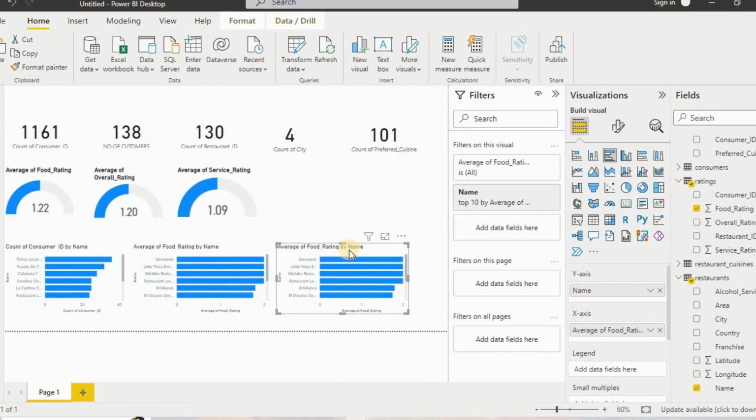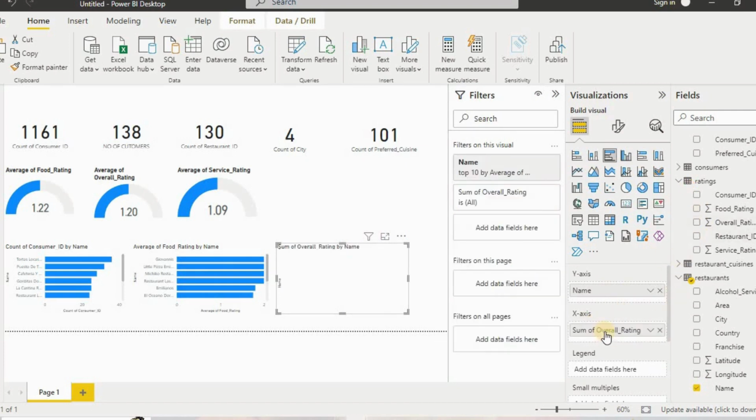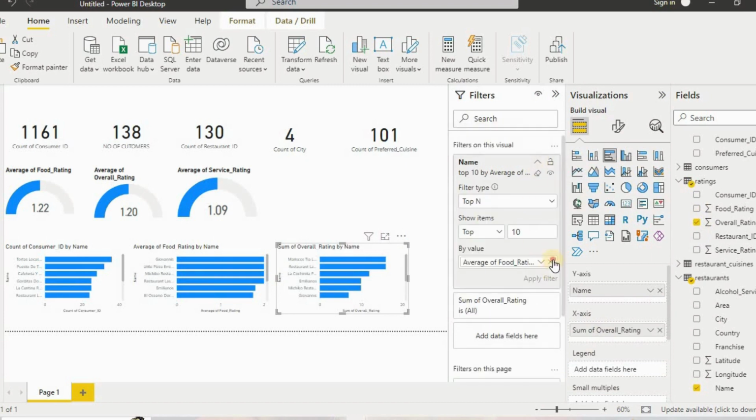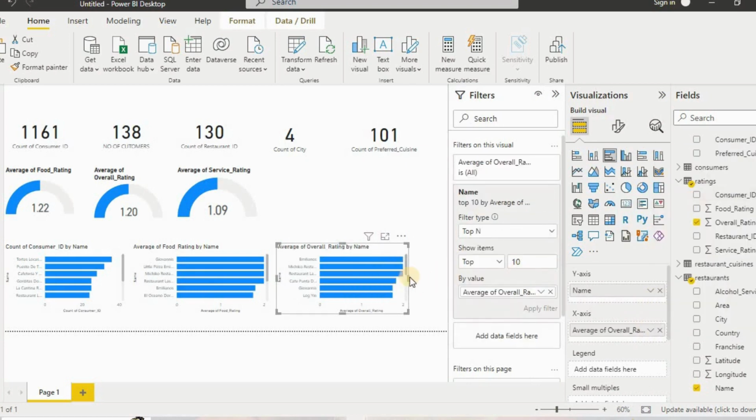So what I will do, go there, and this time, since food rating is there, I will take overall rating here, and in this also top 10, remove this and put overall rating here, and here I will take average again, apply filter, and here also I will take average. So now we have an average rating as per restaurant name. And one more chart we can add here. I will just